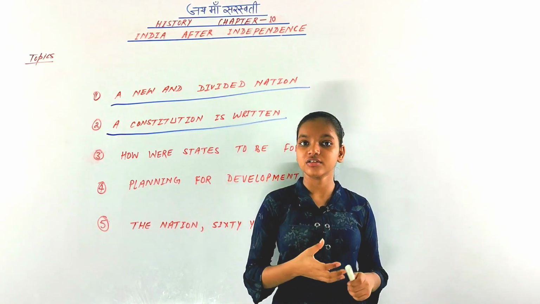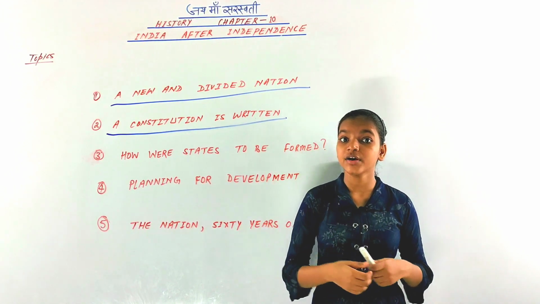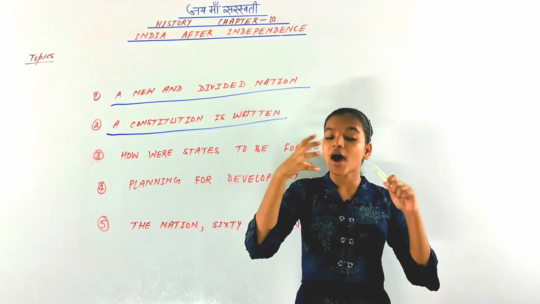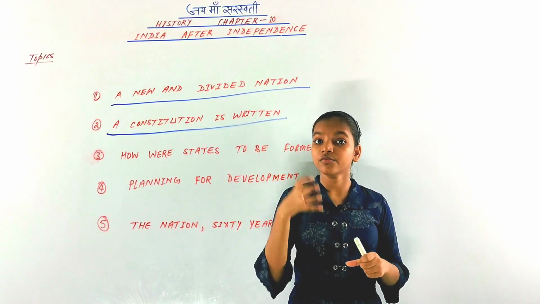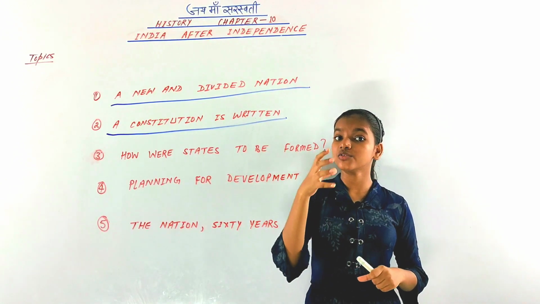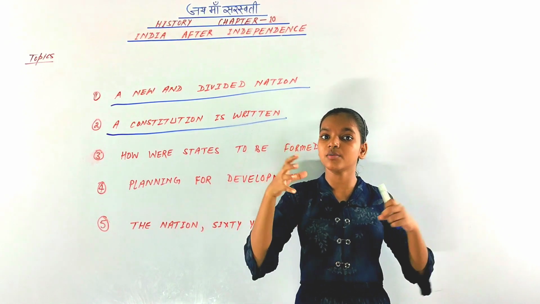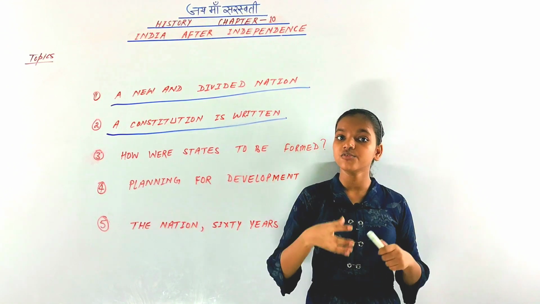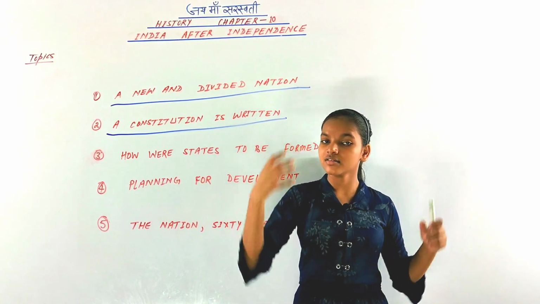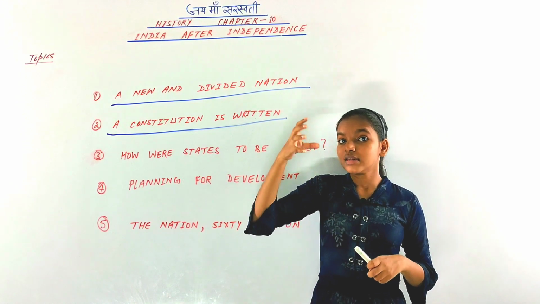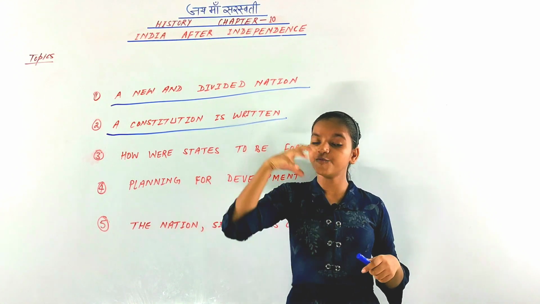While framing the constitution, the leaders of the Indian National Congress and the government felt there were many debates, and one of them was over power. Which power? The power for the country, to be given to whom? To the central government or to the state government? That was a major problem during that time, because people were confused whether to give all authority of India to the central government or to the state governments. Many people were suggesting different opinions.